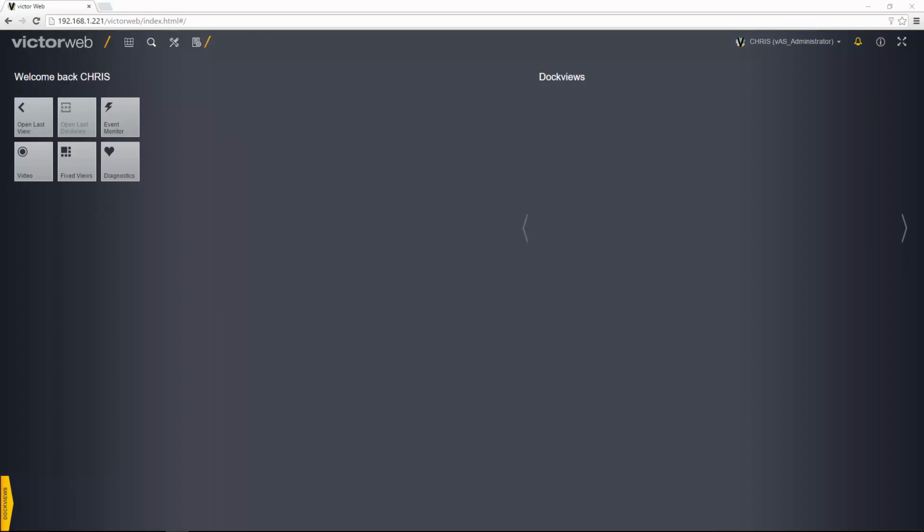Hello, welcome to an e-demo on Swipe and Show in victorWeb. Swipe and Show enables us to monitor all swipes on doors and elevators from a secure and Victor unified environment